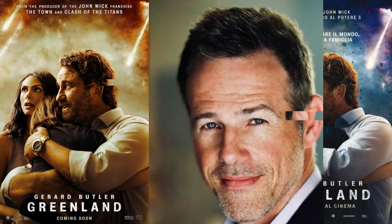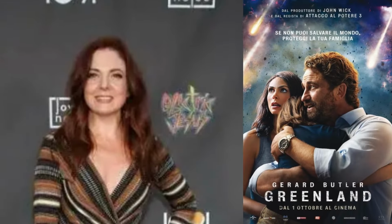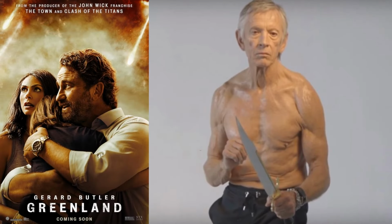At the same time, the script doesn't shy away from injecting some moments of levity and humor, which is essential in keeping the tone balanced and the audience engaged. These aren't forced comedic lines or awkward attempts at jokes. Rather, they feel like spontaneous human moments that come from how people use humor to cope in tense situations. Whether it's a sarcastic quip, a teasing comment, or a quick-witted response, these bits of sharpness add personality to the characters and remind us that even when the world is falling apart, people find ways to connect and lighten the mood. It's this blend of seriousness with humor that gives the dialogue a dynamic quality, making it feel relatable and